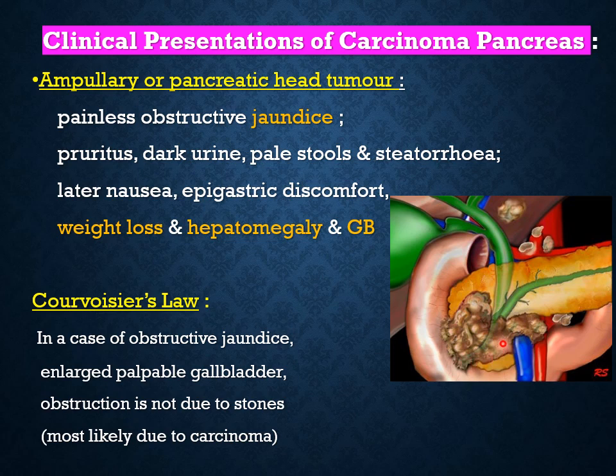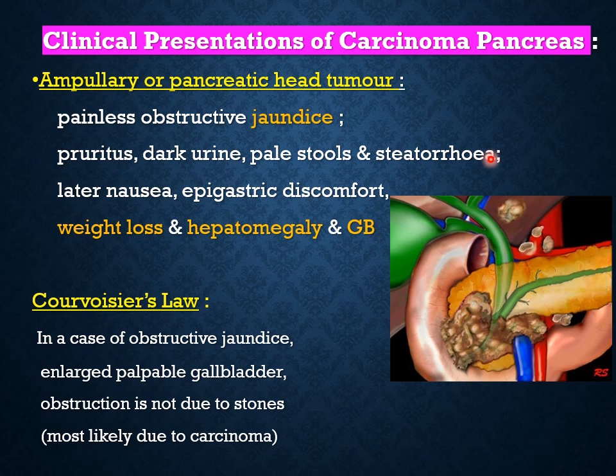Normally these patients present with jaundice, classically painless obstructive jaundice. They develop severe pruritus, itchiness, dark urine due to the presence of a high amount of conjugated bilirubin in the urine, pale stools due to lack of stercobilinogen, and steatorrhea,